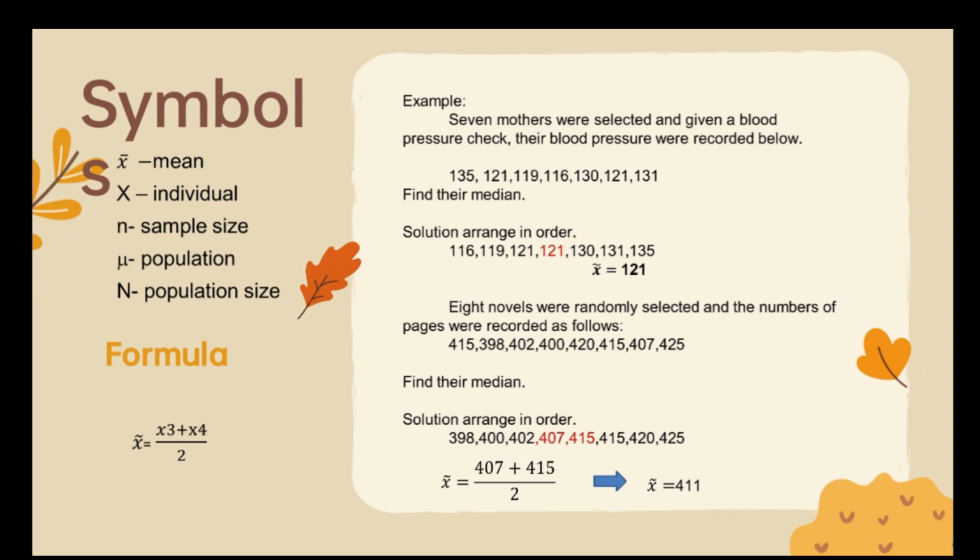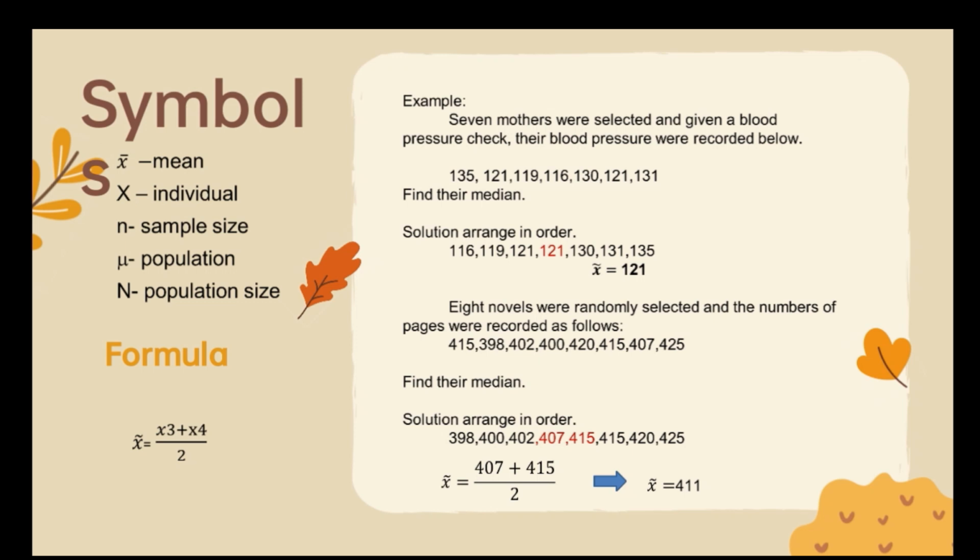Why? It's just because we have an odd number set of data, and we are going to find the middle, or our median. So next example, we have 8 novels that were randomly selected and the numbers of pages were recorded as